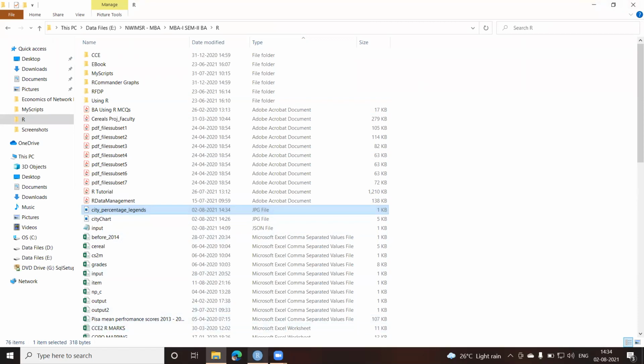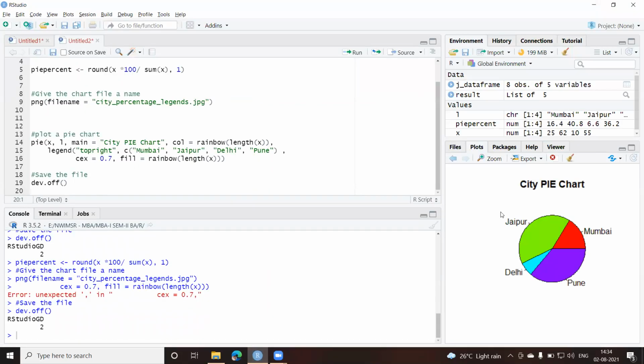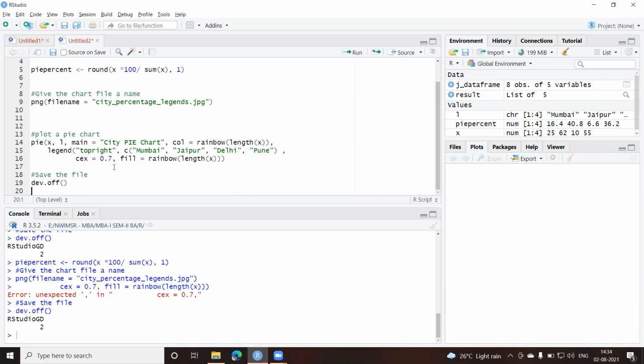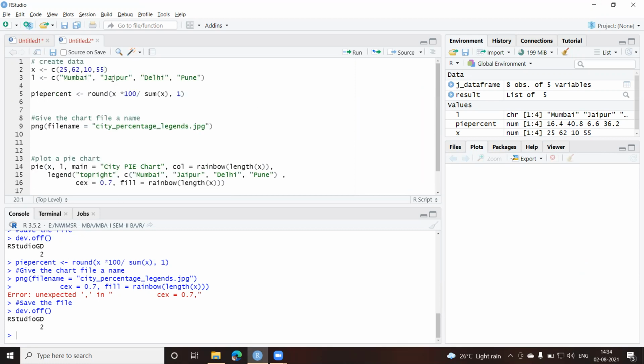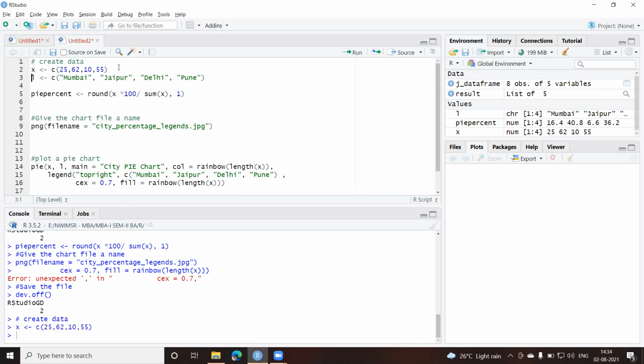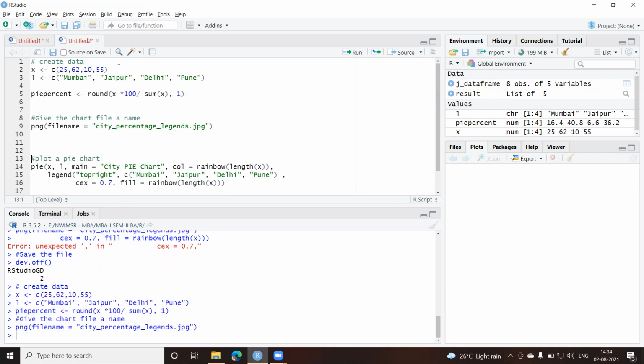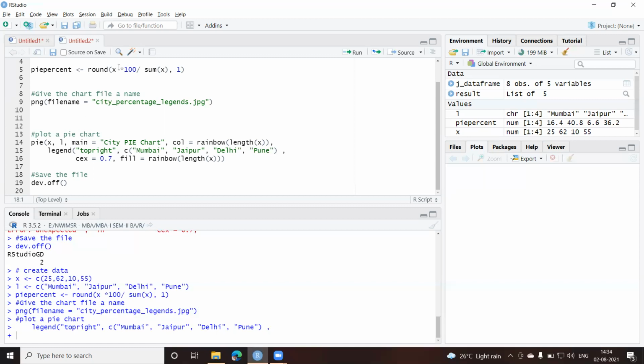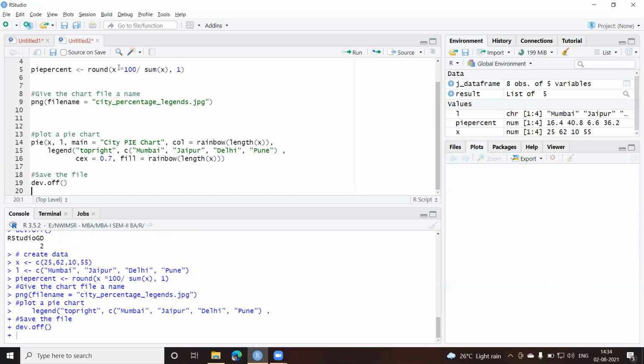Oh God, nothing is created. Let me close this again. I'll execute this file again, just one minute. I'll clear this one. Let me clear everything. Yes, I want to clear this. Let us execute this whole thing again. Okay, because now it's already off. So I'll run this one, second, third, fourth file is created. Okay, plot it. Okay, and finally dev.off.